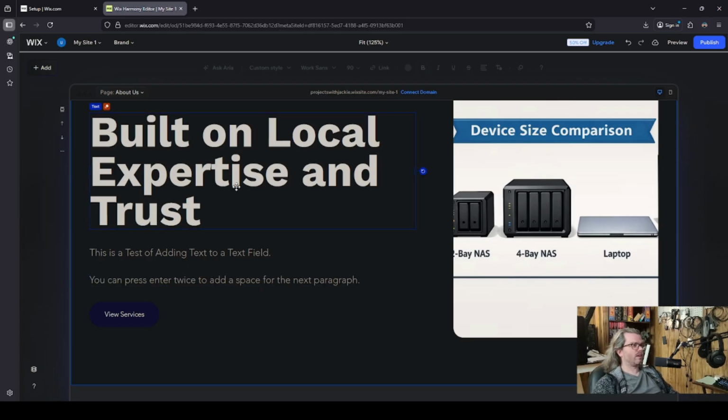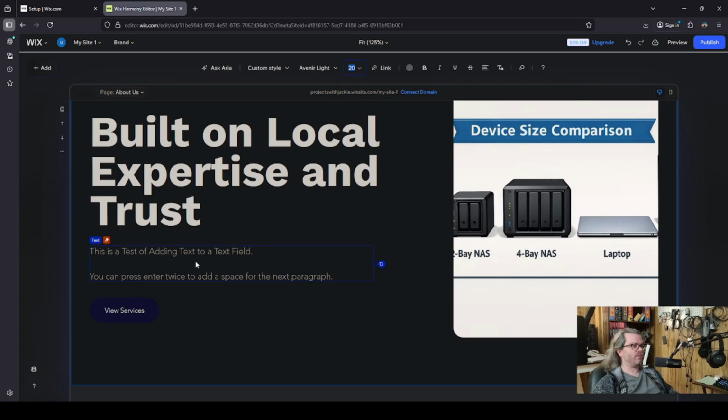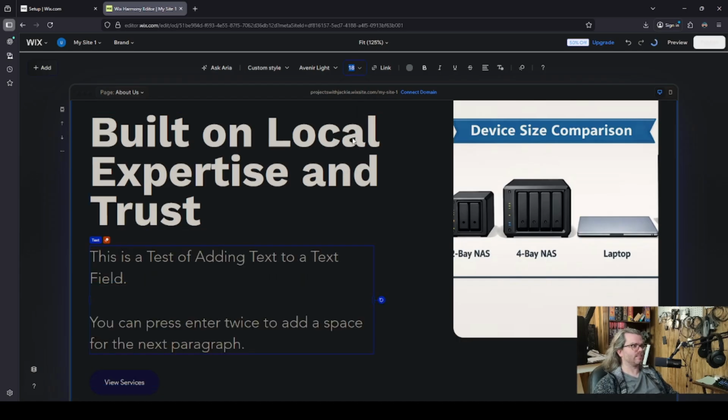Now, if you need to change the text size, you can go up here to the top center, and you can change the text size for the whole field. If you need one paragraph to be one size and another paragraph a different size, then what you can do is